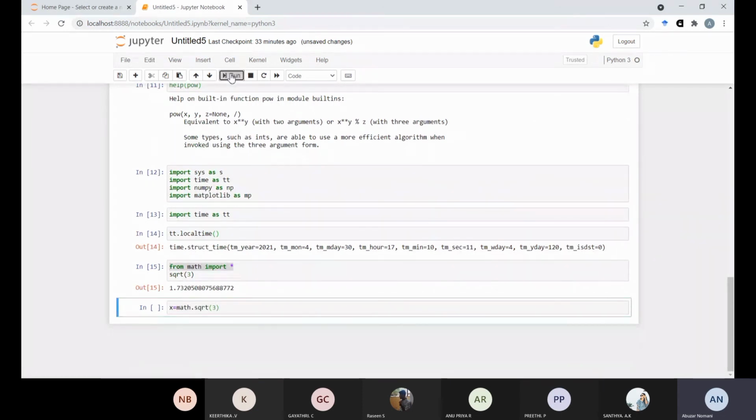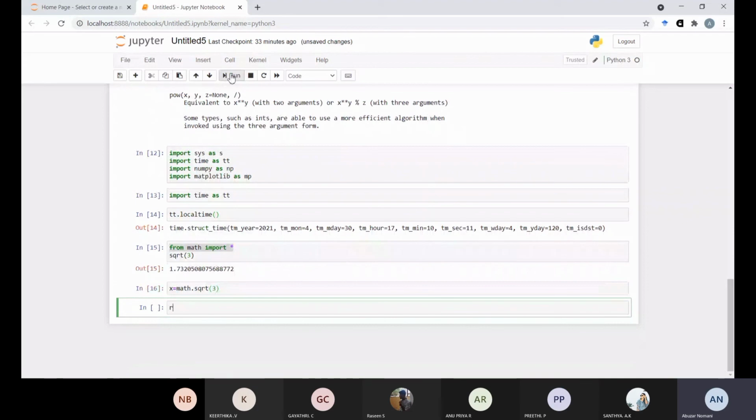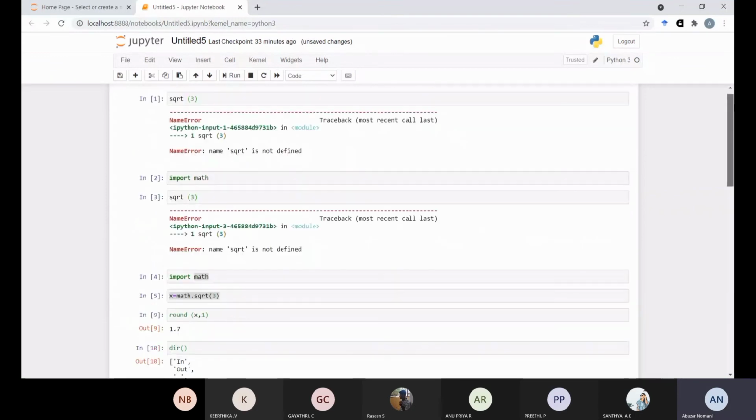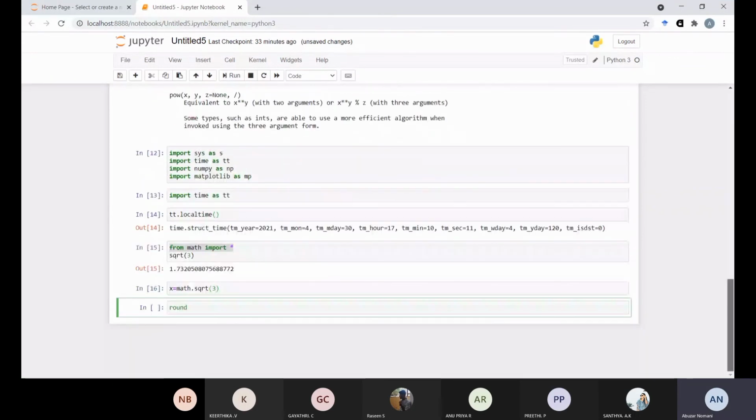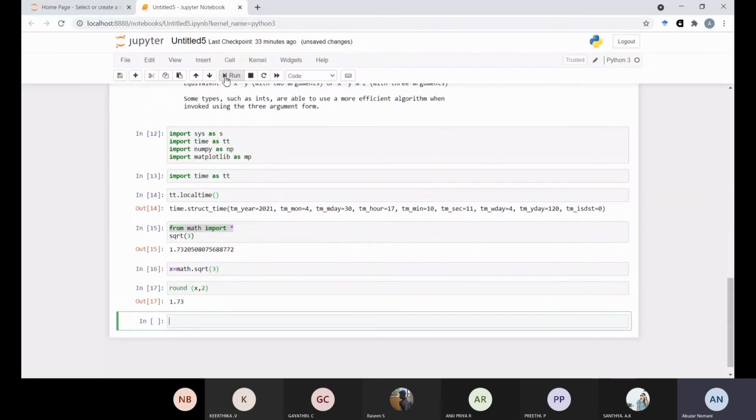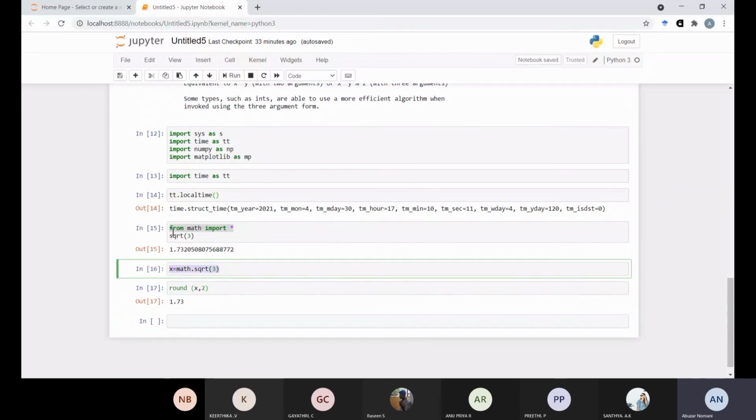If you run round of x to 2 places, it shows 1.73. So instead of x equals math square root, we have used the from math import function. Both are the same; only the writing style has changed.